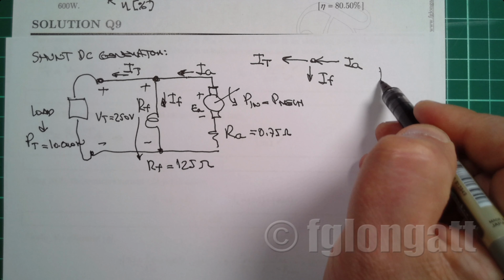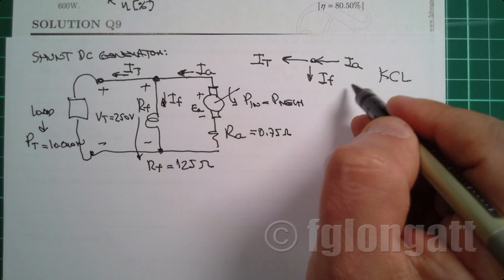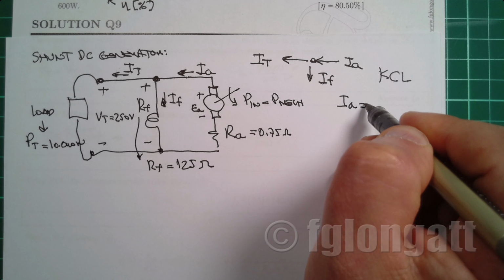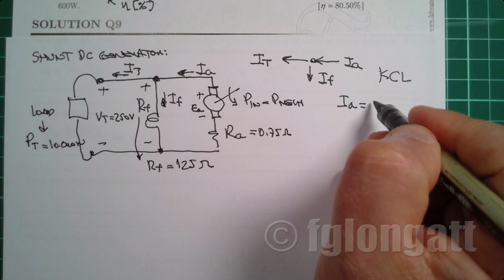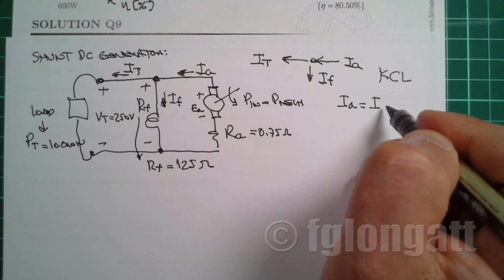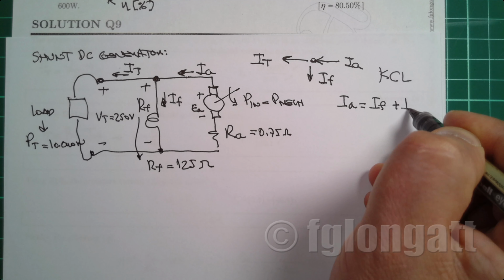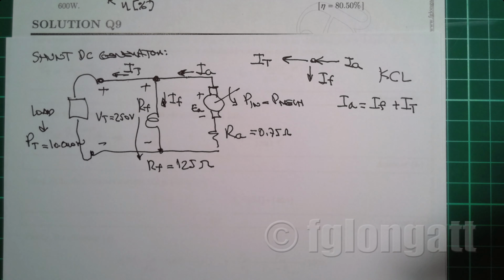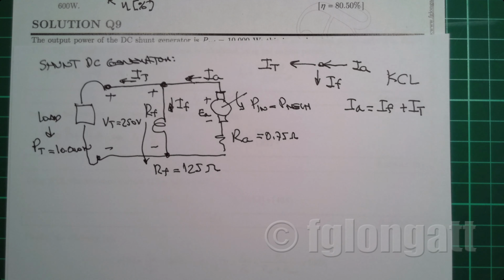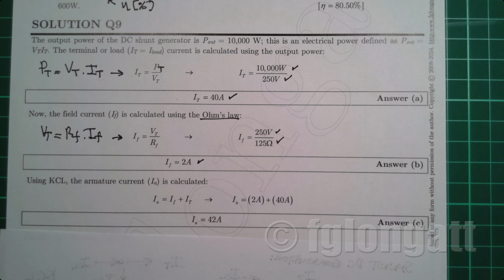So if we apply Kirchhoff current law, you can see that the current going in is the armature current, and we have two currents going out, the field winding plus the terminal current. So now we have an equation coming from Kirchhoff current law that we can use to calculate the